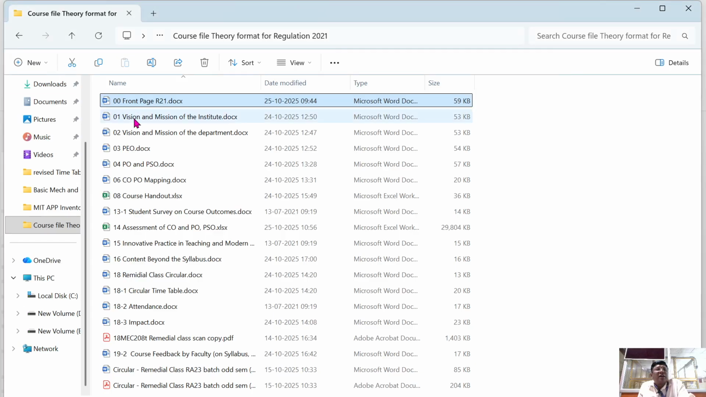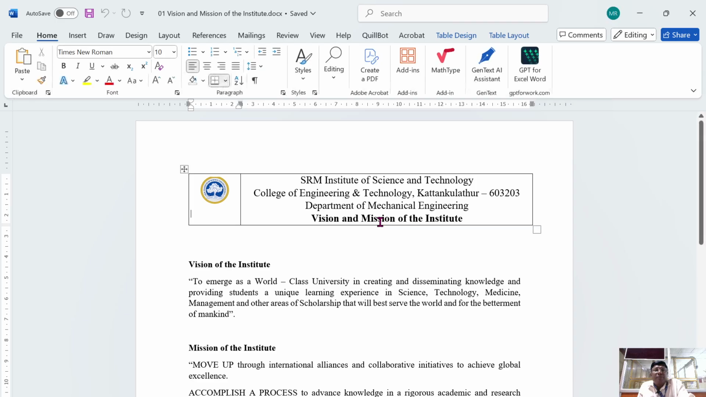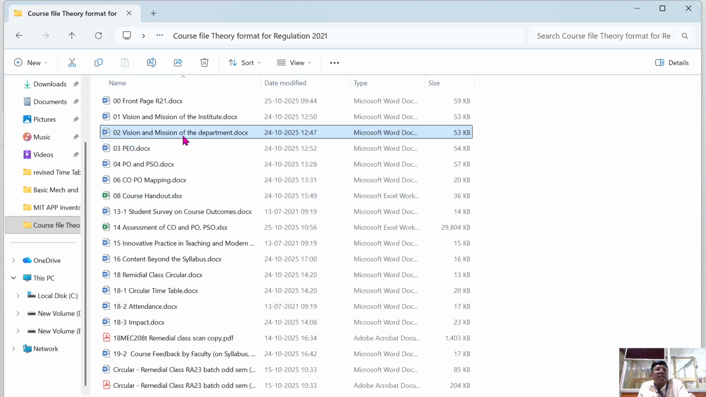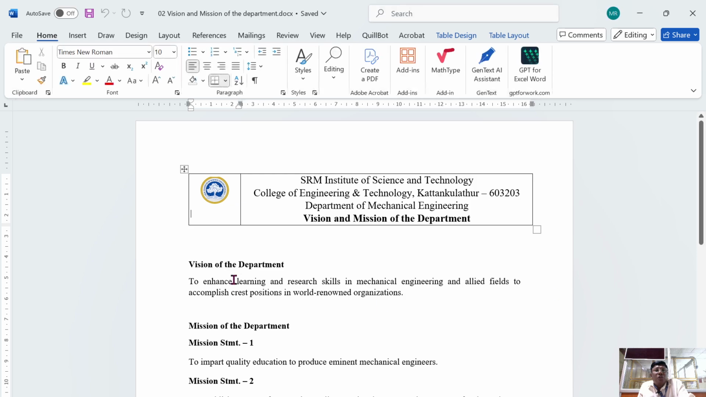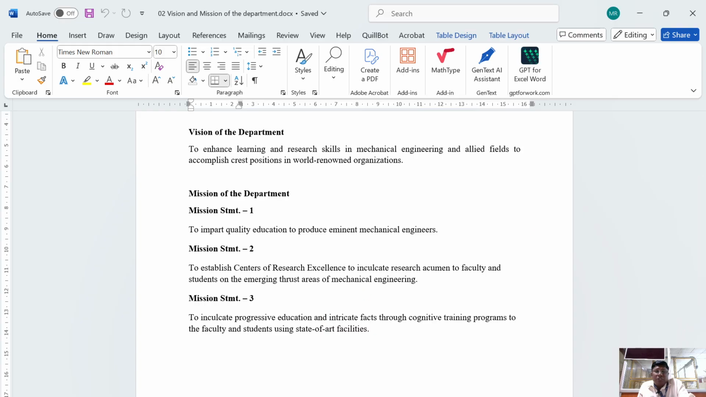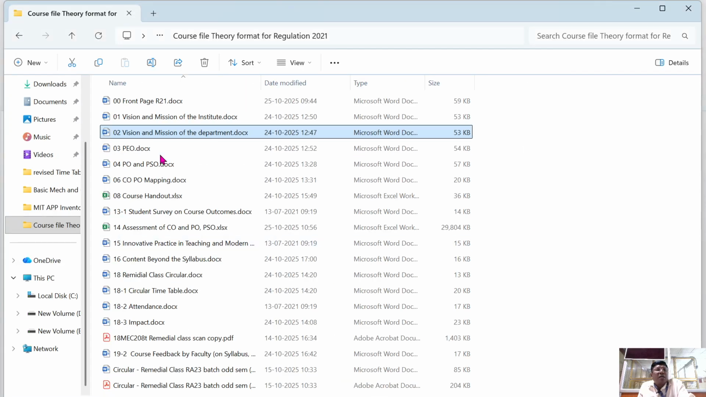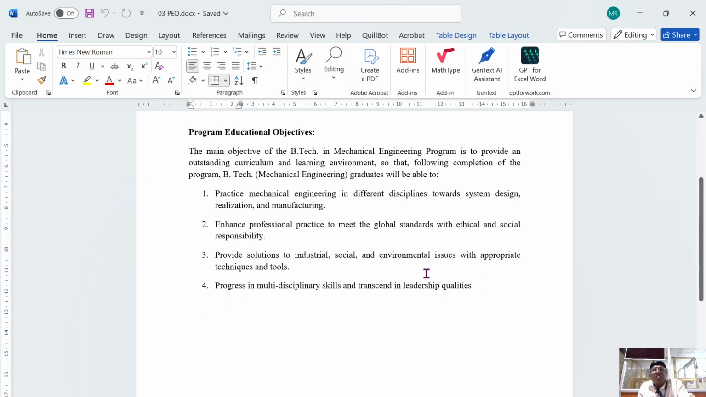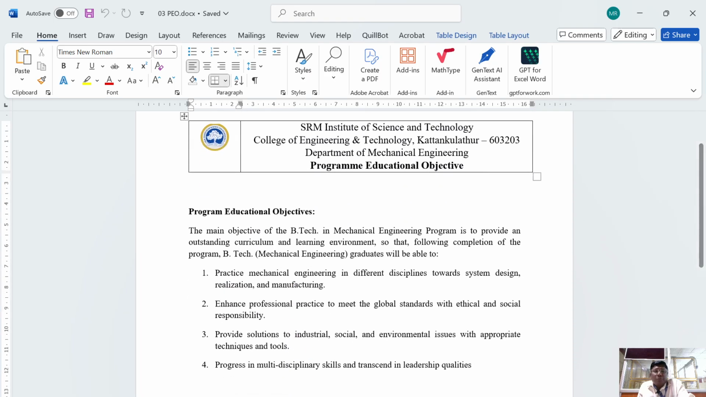If you look at the vision and mission statements, you have to give the vision of the institute and mission of the institute as the second page, as it is given here, and the vision of the department. You have to mention the vision of the department and the mission of our department. That should be the second page, and the third page should be the programme educational objectives. For BTech mechanical engineering, we have 4 programme educational objectives that should be listed as the fourth page,